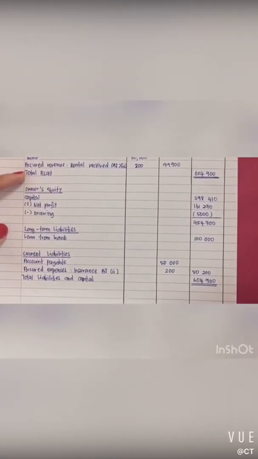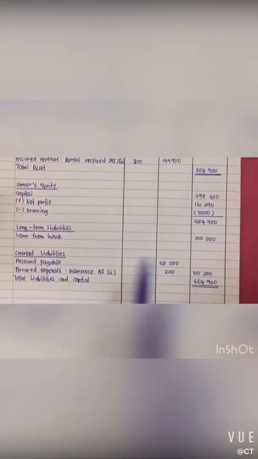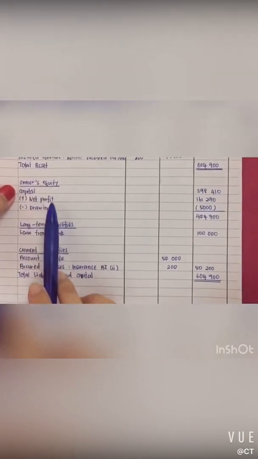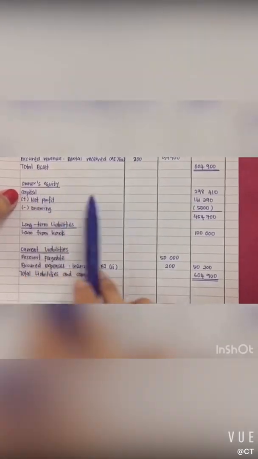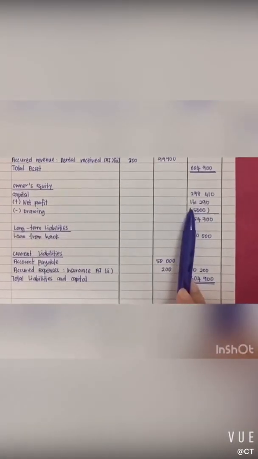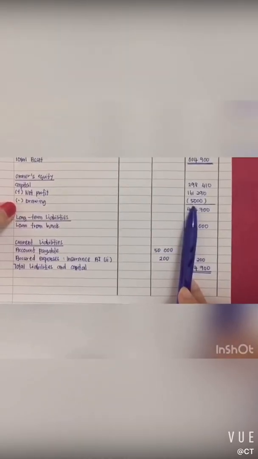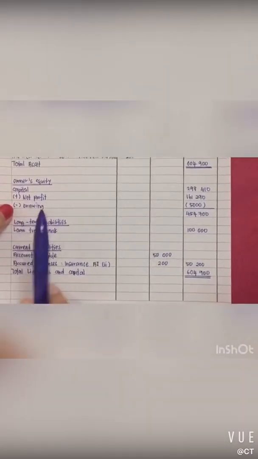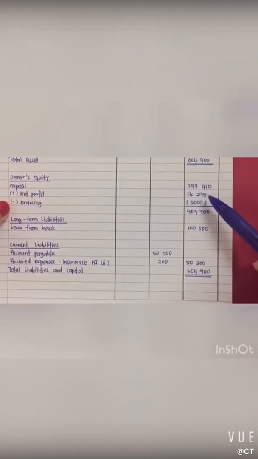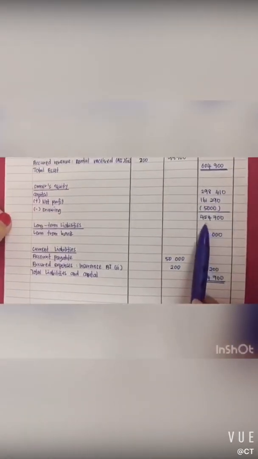Morning. Today I want to present about the statement of financial position. First, owner equity. Under owner equity is capital, net profit, and drawing. First, capital is 298,410. For net profit, 161,290. For drawing is 5,000. So this capital should plus net profit and minus drawing, so the total is